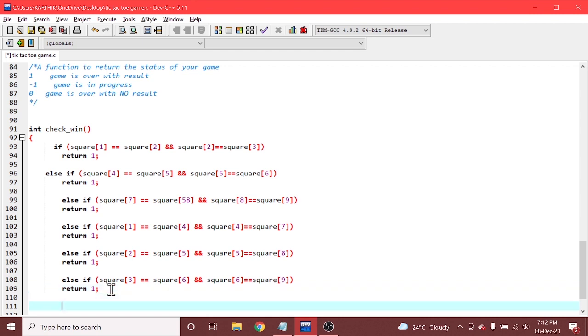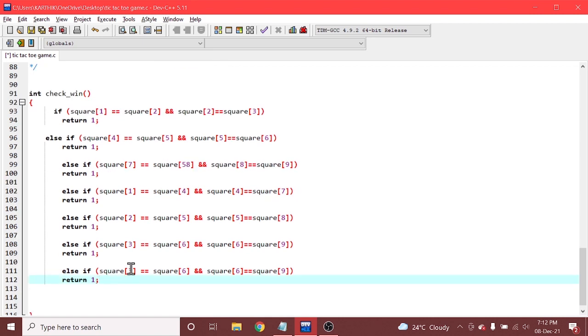And for the next one, I'm checking for 1, 1, 2, 3. I'm checking for what we say the diagonal elements. For the first element, for the fifth element, and the last one will be the ninth element. Checking for the diagonal elements 1, 5, 9.